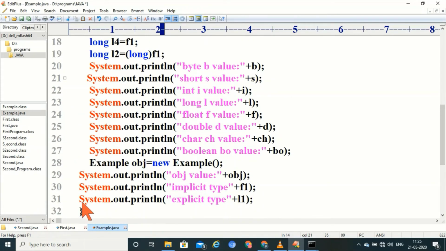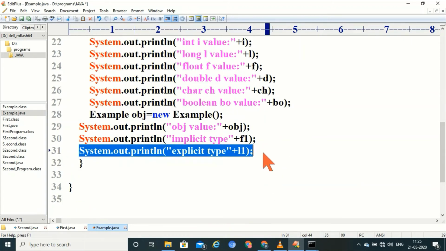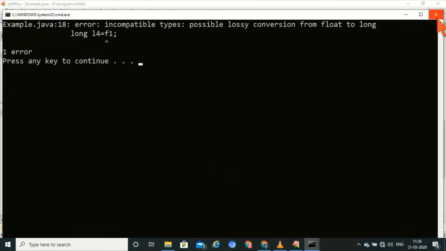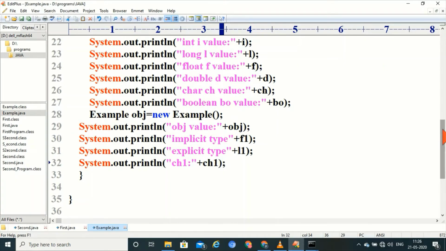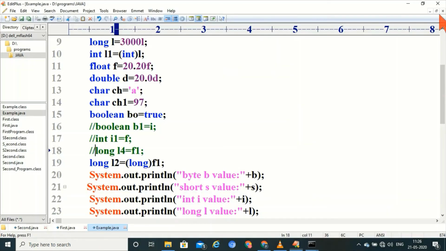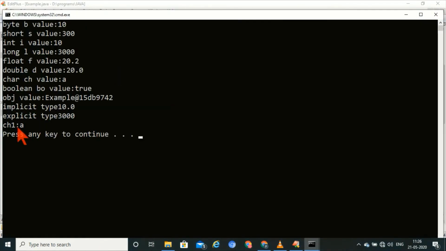Let's see. ch1 value, save, compile. So now print.